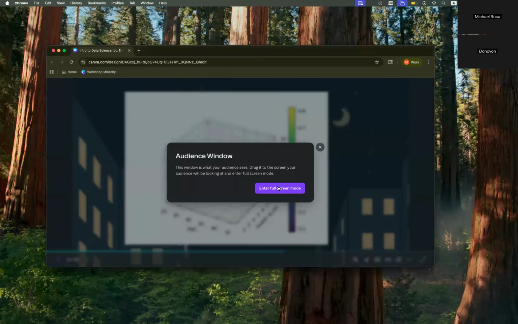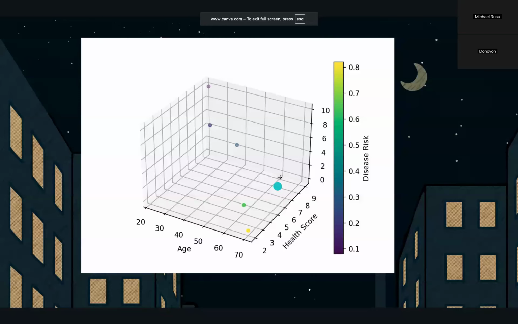Voila. So right here, you can see in this data set that a person who is 20 and has a lot of hours of exercise and a pretty high health score has a very low disease risk.